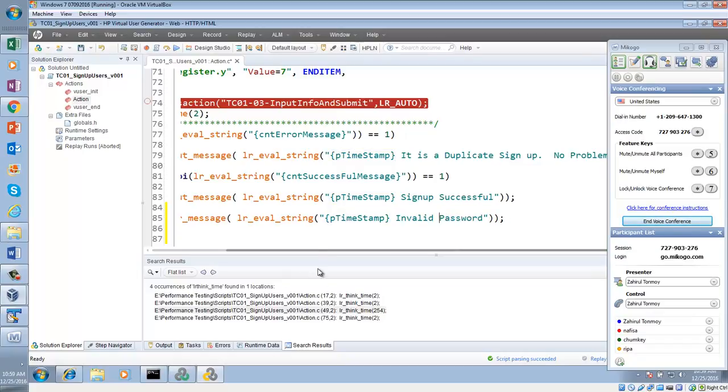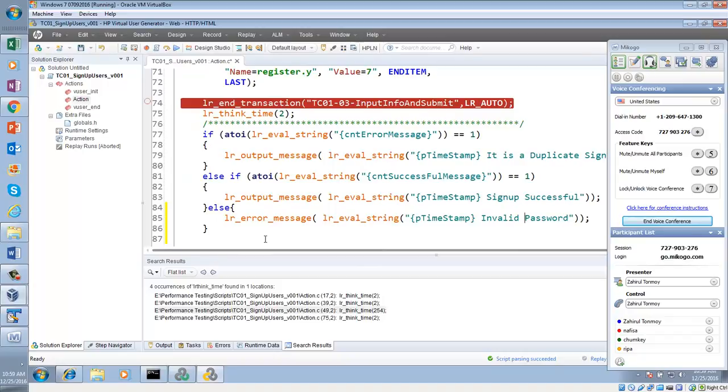Let me keep this error message. So I want to put invalid password, and I want to fail the script. If invalid password, I want to give an error message, and then I want to